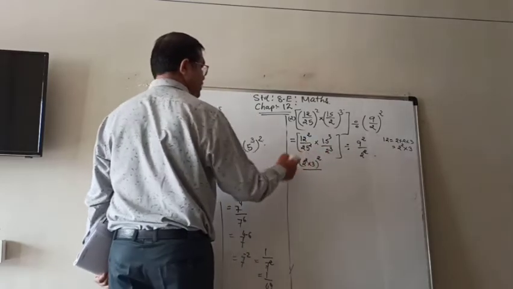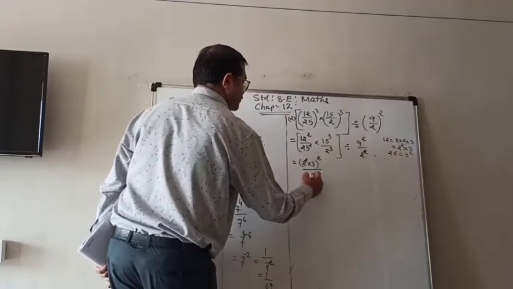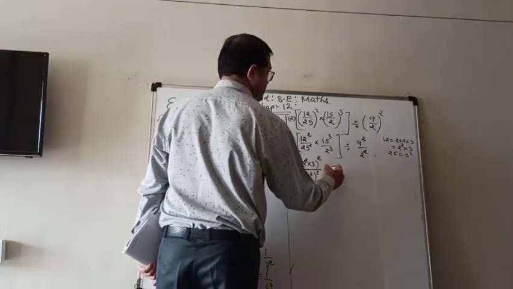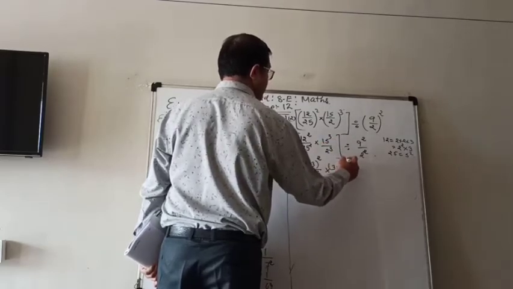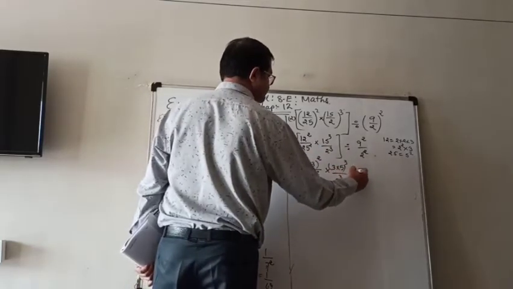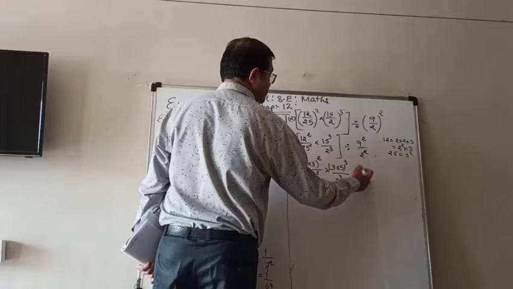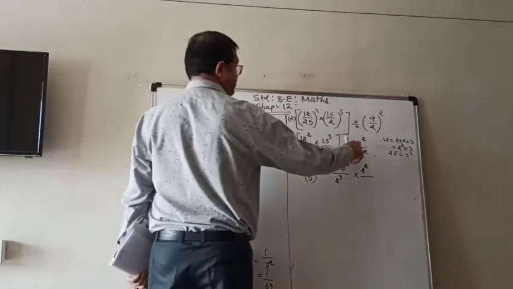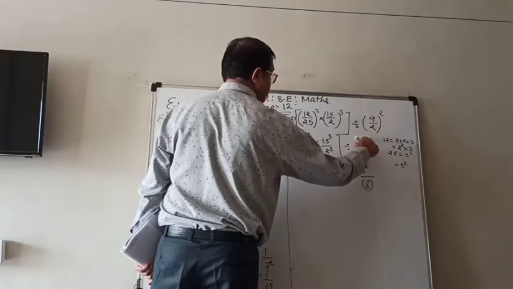25 is 5 squared, you know that. So 5 squared and again power 2. 15 is 3 fives are 15. So 3 multiplied by 5, power 3. And it is simple here, 2 cubed. Now if you want to convert division into multiplication, you have to take the reciprocal. So 2 raised to 2 will go up. And 9 is 3 squared. So 3 squared and again squared.